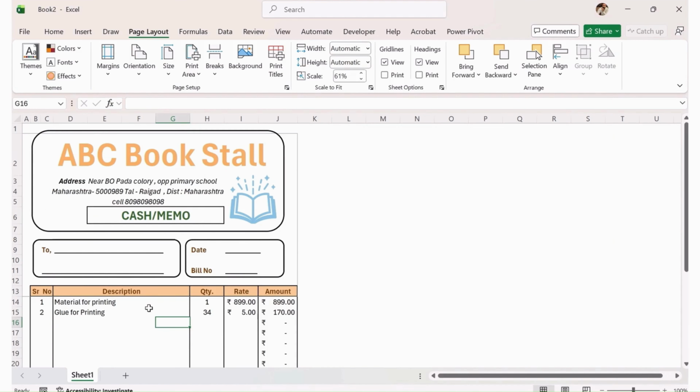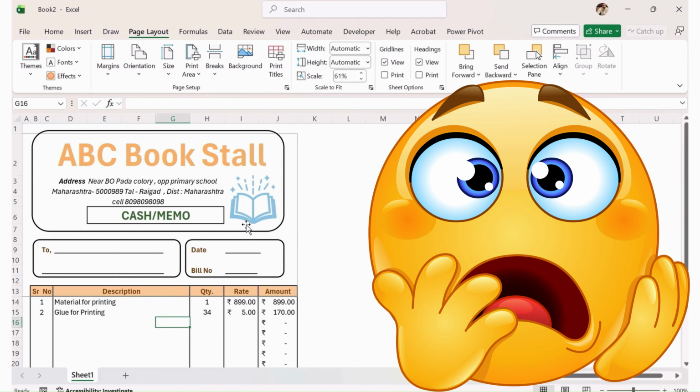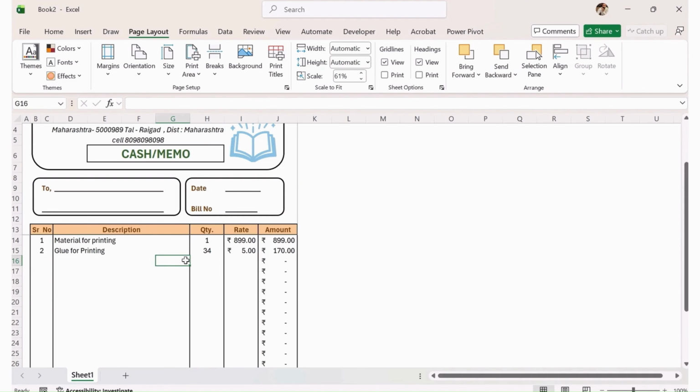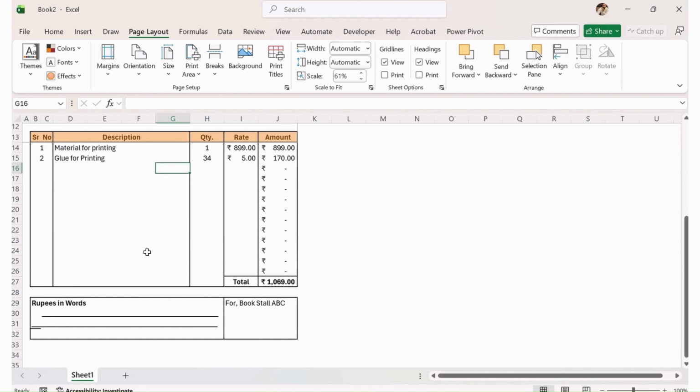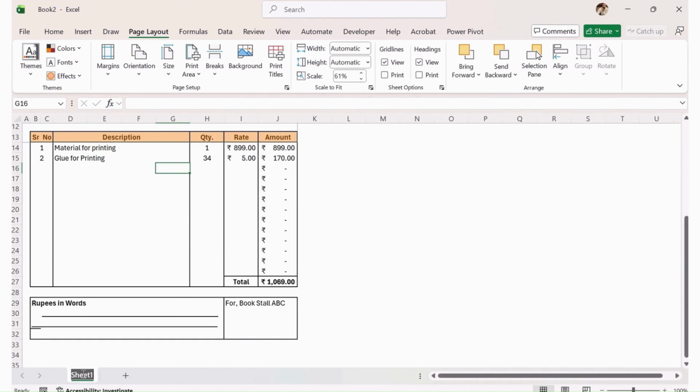Okay, now how to export that into a PDF, because we are not going to keep this with us. Okay, we need to share it with the client or maybe the customer, right? So how can we do that? Using a PDF invoice, we can do that. In Excel sometimes we avoid it because of the chances of making changes or maybe errors inside it, right? The invoices, when we do it, so let's say invoice number like this